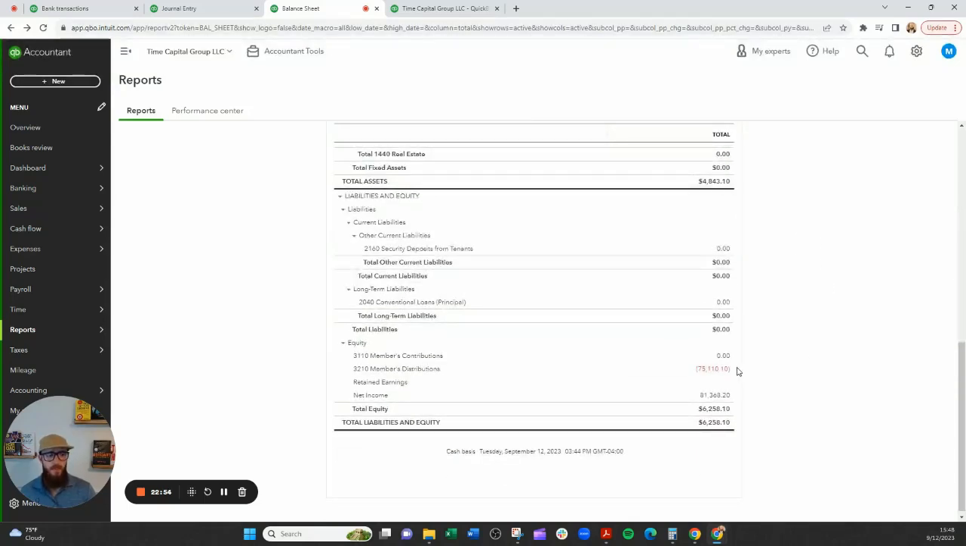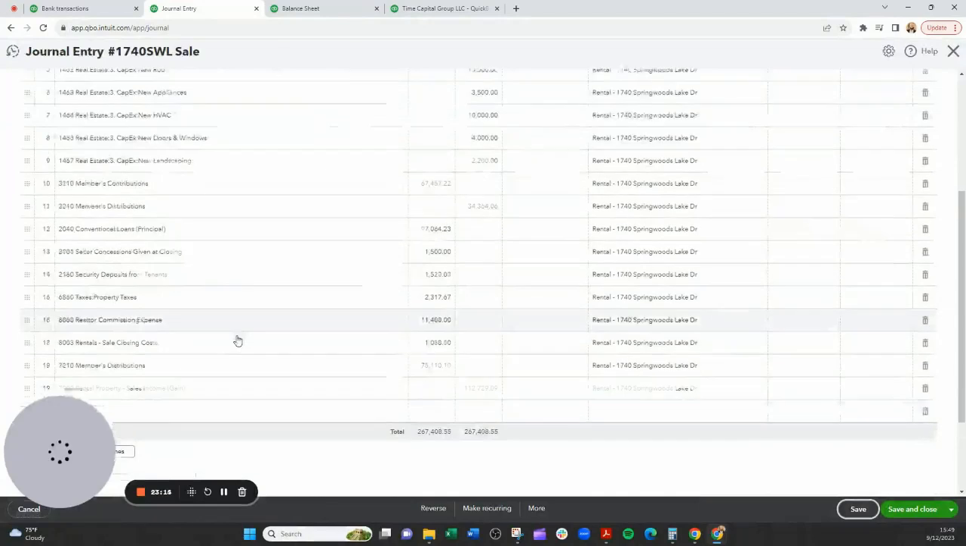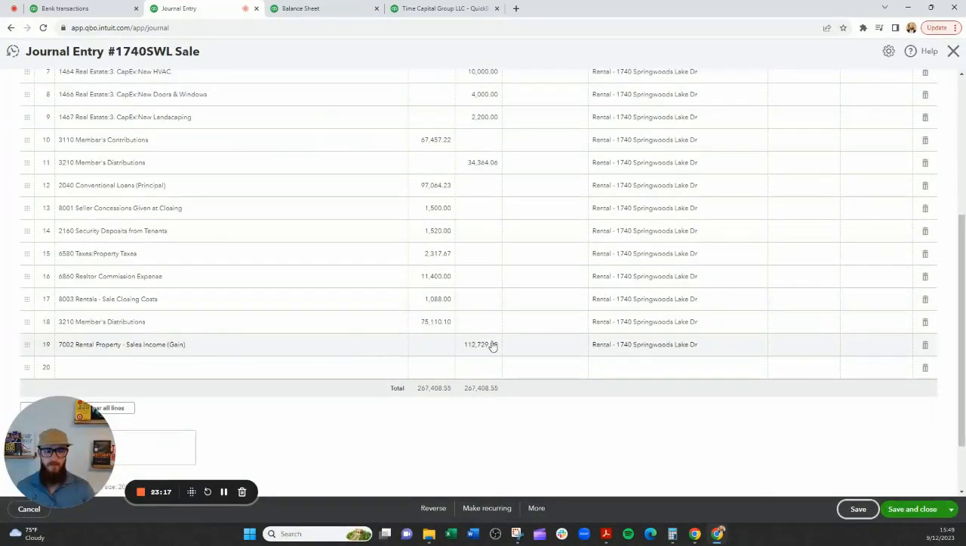You can see here the member distribution. Since this didn't flow through a business bank account, this flowed through a personal account that is not linked to QuickBooks. It is shown here as a member distribution for the proceeds from the sale. And you can see here our net income. Again, this rental property sales income gain is not the true gain. To get the true gain, we need to look at the income statement for the property,